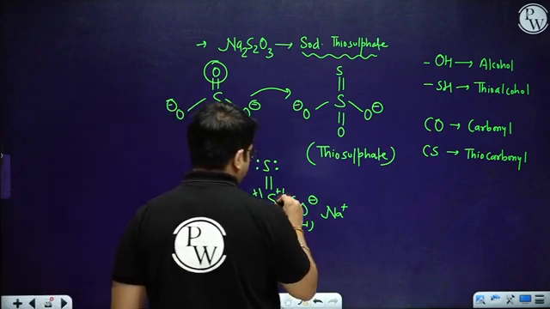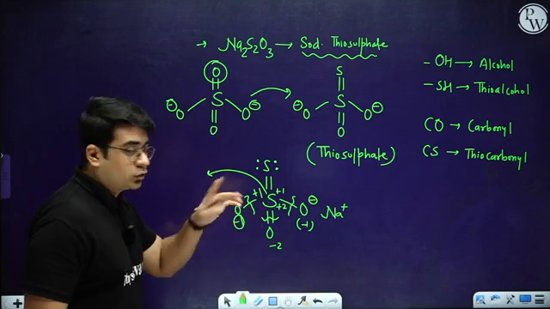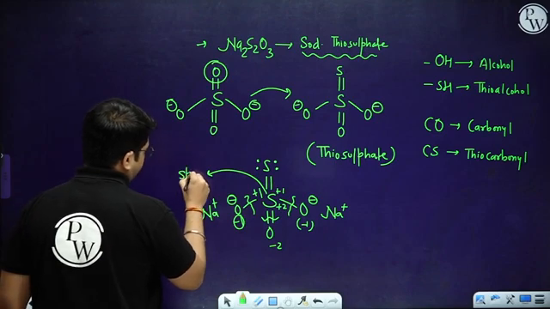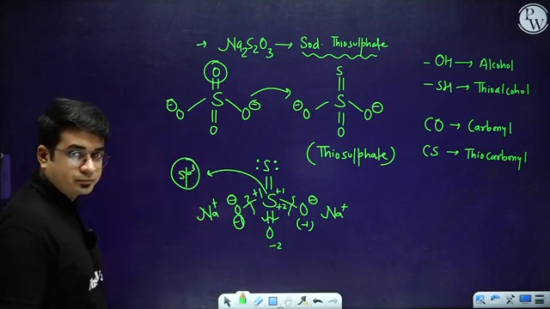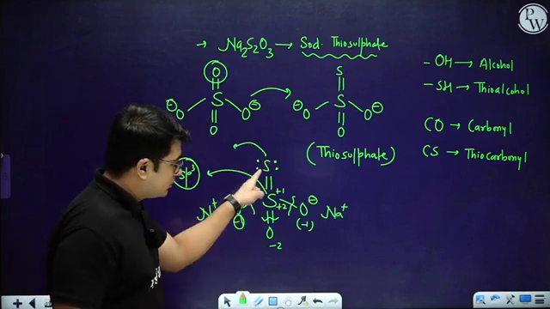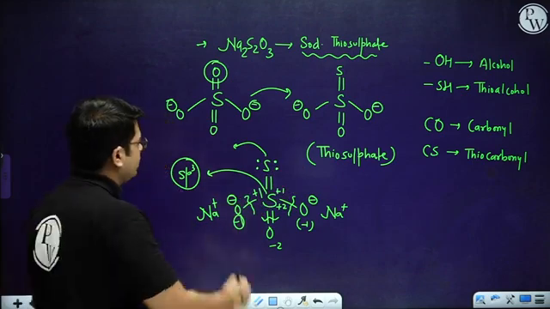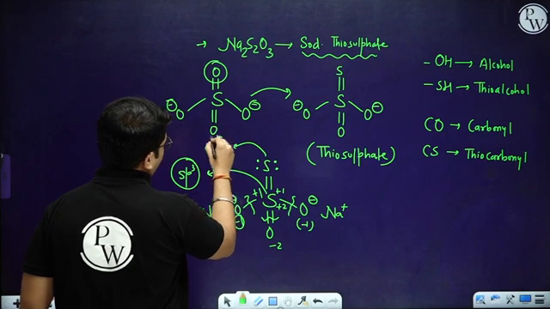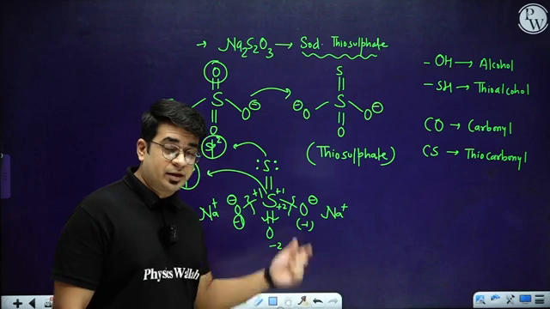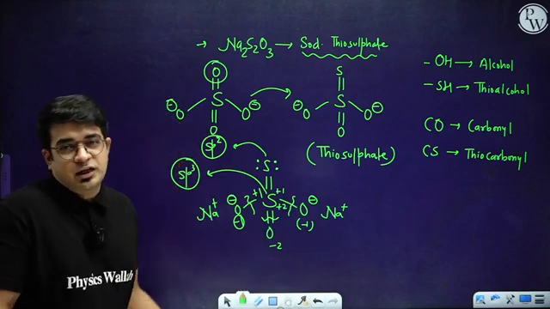Now if you calculate the hybridization in this central sulfur, 1 2 3 4 sigma bonds, no lone pair, it means we have sp3 hybridization. But if you calculate this entire part, in this case you can see 1 sigma bond, 2 lone pair, 3 lone pair. It means steric number is 3 only. That hybridization is sp2. And you know electronegativity of sp2 hybridized atom will be more in comparison to sp3. That is more electronegative.